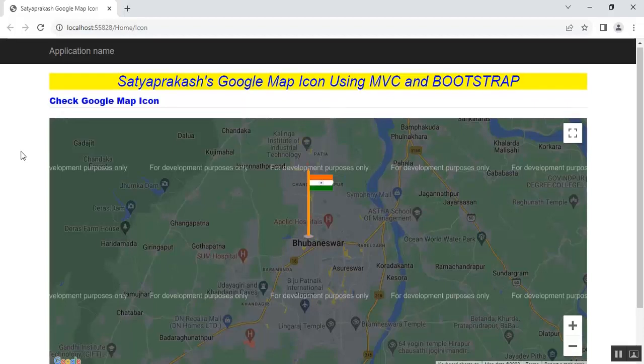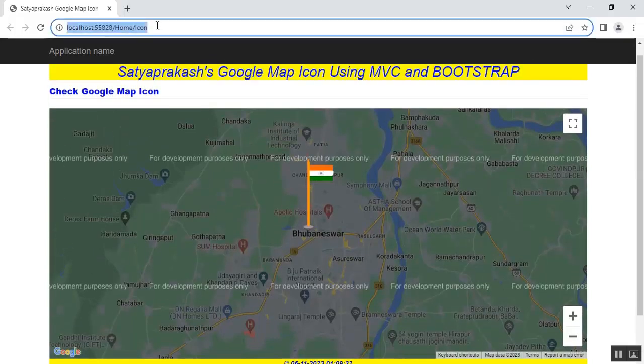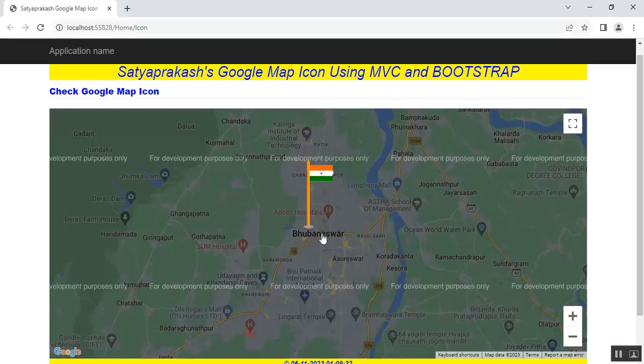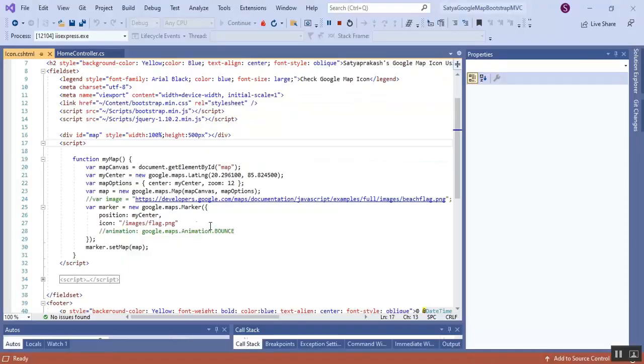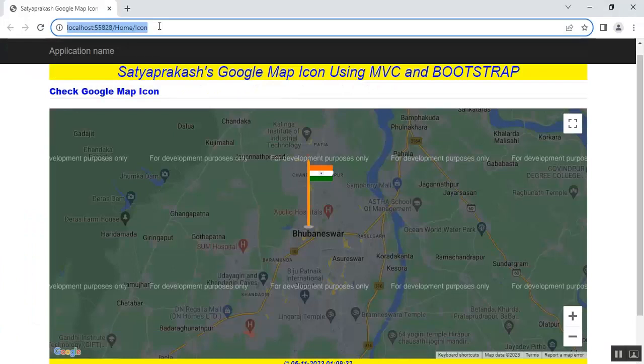Here guys, you can see the output. This is the path of my application, and this is the home controller, and inside it the action method name is icon. Here you can see instead of the default marker I can see my image, whatever I set. I'll show you what the default marker is. If you just comment this line, and this comma you need to remove, and save the changes, then if you go here and refresh it,